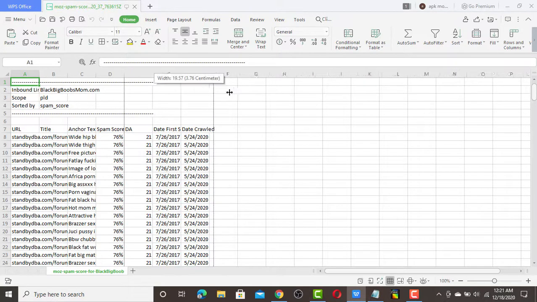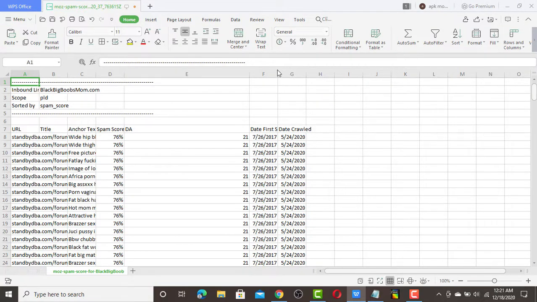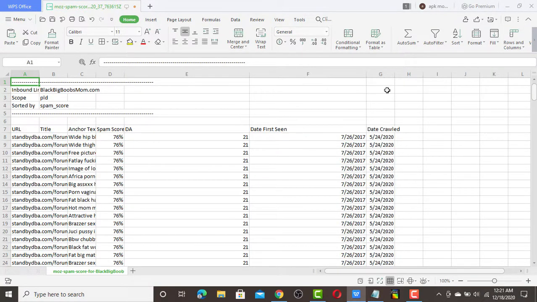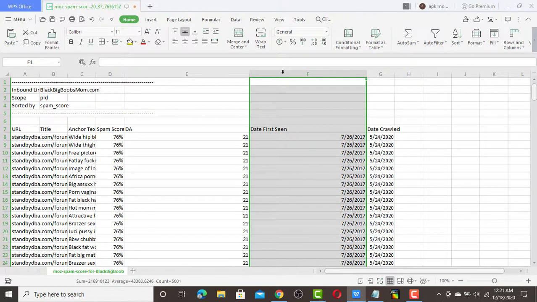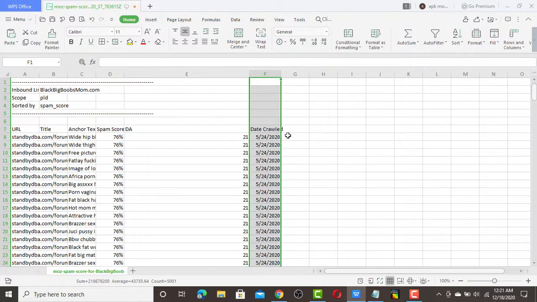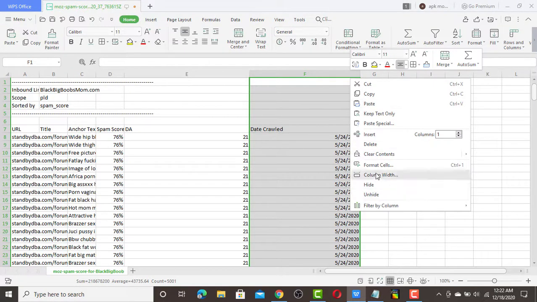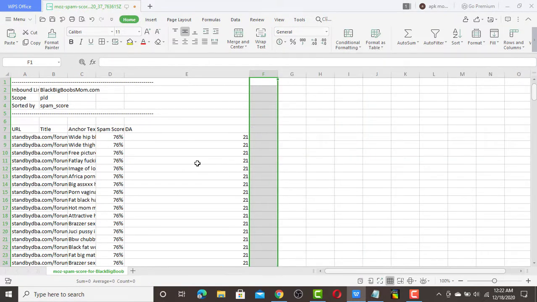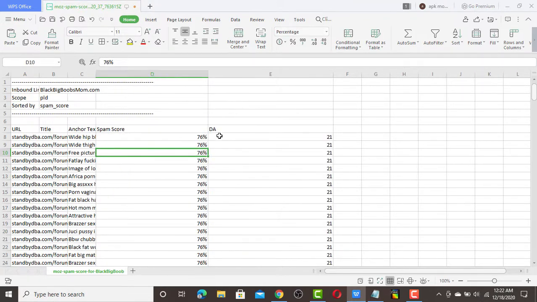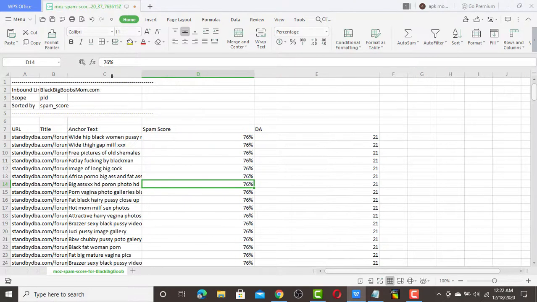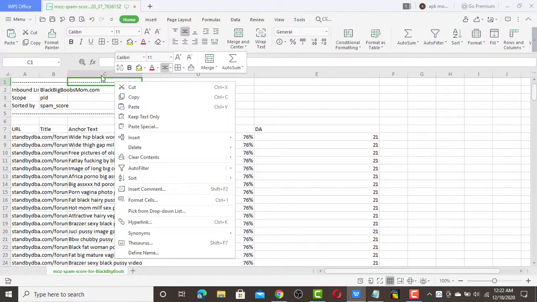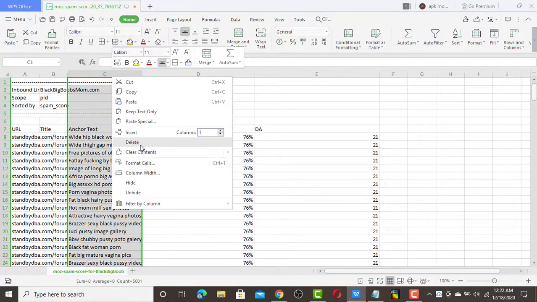Now we have something to put in place before we start doing this. You have to arrange them in table form. We don't need the date, which is not important to us. We don't need the date they crawled the backlink because it's just a spam link. We don't really need it. What we need here is the DA and the spam score in table format. So now this is the DA, this is the spam score. Now we're going to arrange it very well. We don't need the anchor text, which is not useful for this particular tutorial. It's not useful for us. Okay, I'm going to delete it.